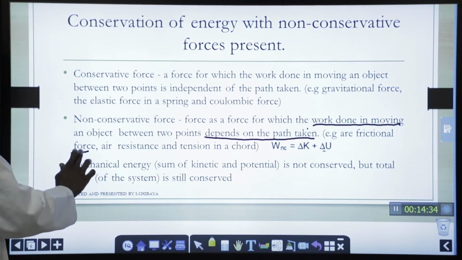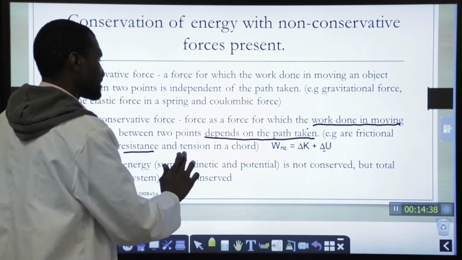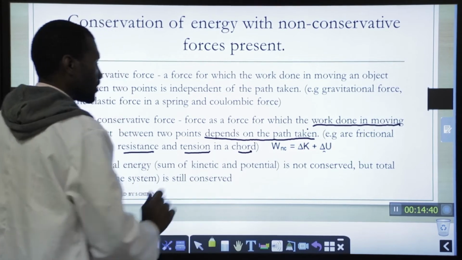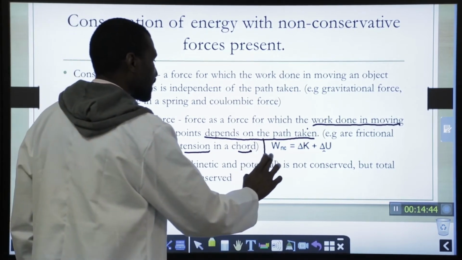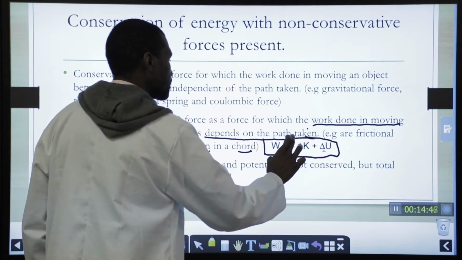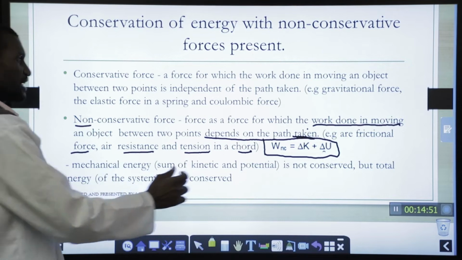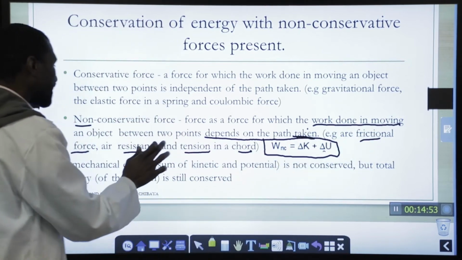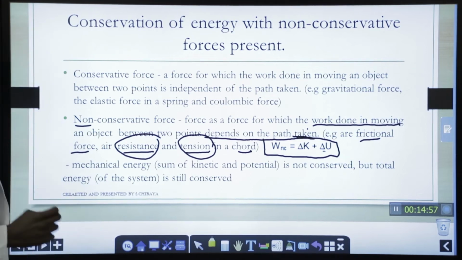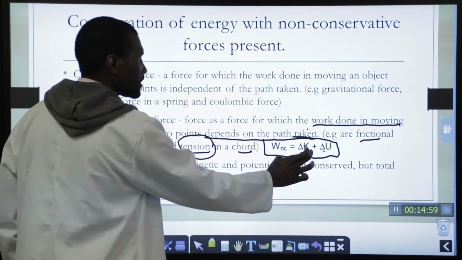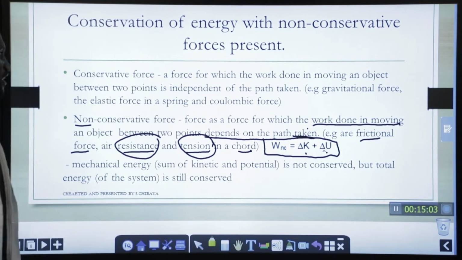E.g., frictional force, air resistance, tension in a cord. I want you to keep in mind that the work done by a non-conservative force, work done by friction, or work done by air resistance, or work done by tension in a cord is equal to the change in kinetic energy plus the change in